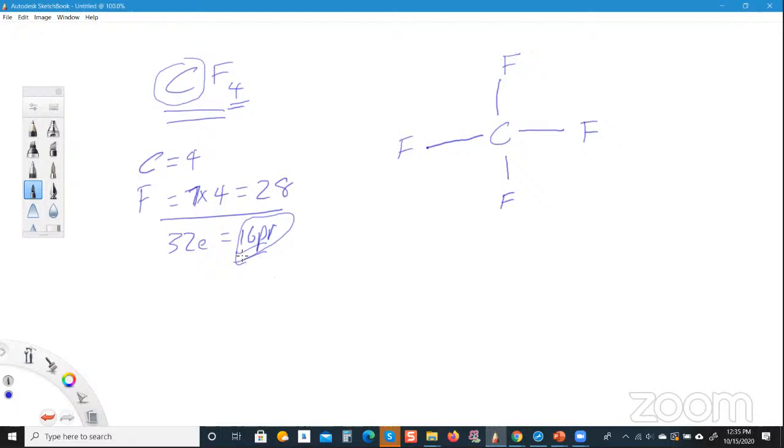So we have used up 4 of the 16. So the question now becomes, where will the rest of the pairs of electrons end up? And the answer is you start placing them on the surrounding atoms. So the 5th electron could go here,